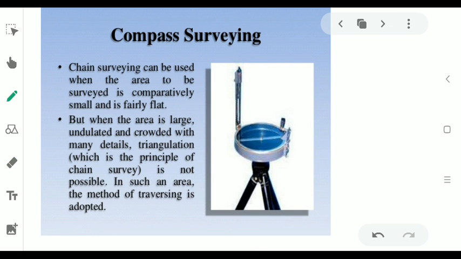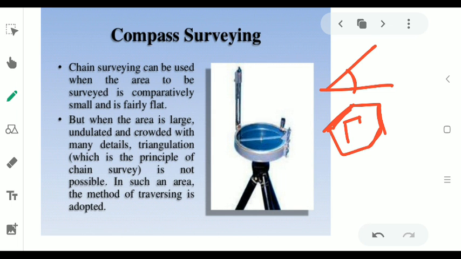Compass surveying में हम angular measurements लेते हैं of the survey lines, and the linear measurements are done with the help of chains, and it is used to plot traverse of which, या फिर इसको यूज़ करते हुए हम बाकी डिटेल्स ग्राउंड के फीचर्स की लोकेट कर सकते हैं. सो नाउ एज पर द क्वेश्चन, नाउ